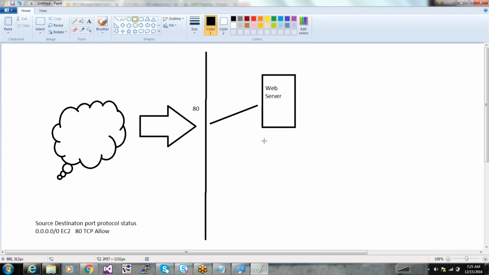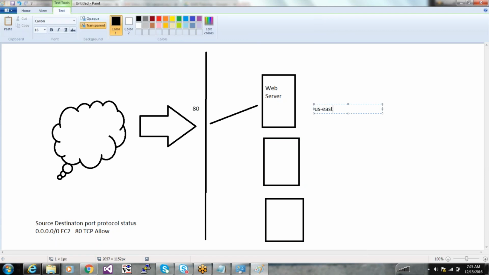So what do you do? You create another web server. Maybe create multiple web servers in different regions. So this is in 1A. Let's say you create in US East 1A, and you create this one in US-East-1B, and this one is in 1C.